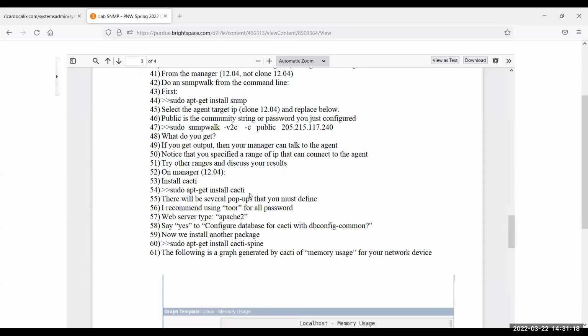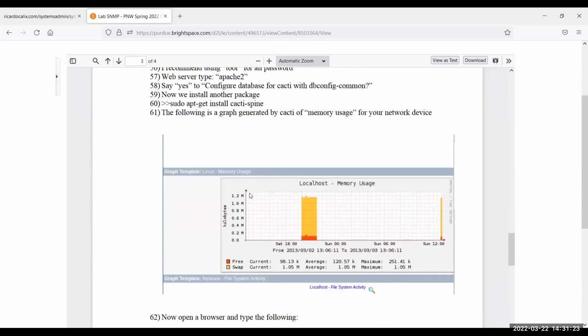I mean, it doesn't have to be super secure for this lab. And then once you have your application running, your graphs will look like this. What this represents is the specific machine, localhost. This is memory usage. So over time, it's going to show you the amount in kilobytes that was